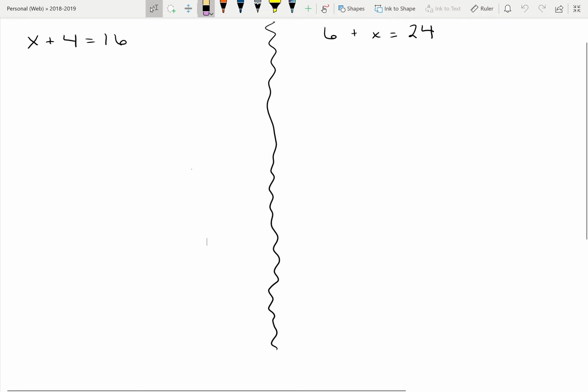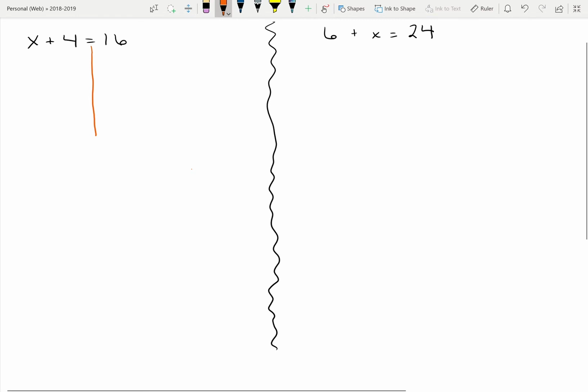We're going to complete one-step equations using addition, and we're going to take a look at two different problems, one on the left-hand side and one on the right-hand side, using the same technique. Okay, so let's go ahead and start off by drawing a line from our equal sign of x plus 4